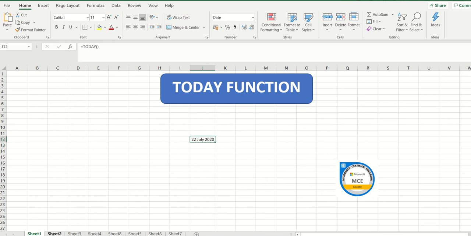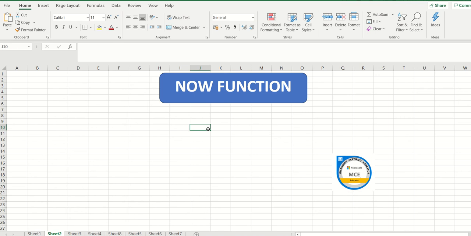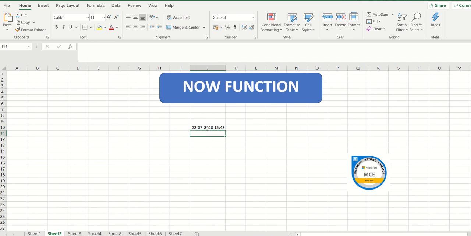And the next thing that I'm going to train you on today is the NOW function. In NOW, previously the TODAY function that we utilized was to get today's date. This function is going to tell me the time also in addition to it. So let's see how this function or formula works. I'm going to put is equal to, then I'm going to type NOW. See, I'm automatically getting the formula over here. So I'm going to double click on that and then hit enter.